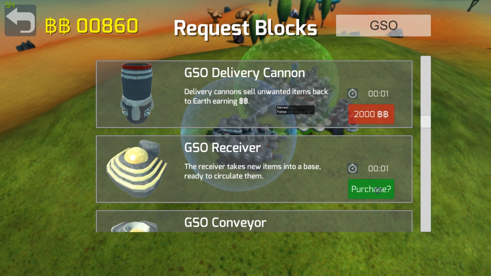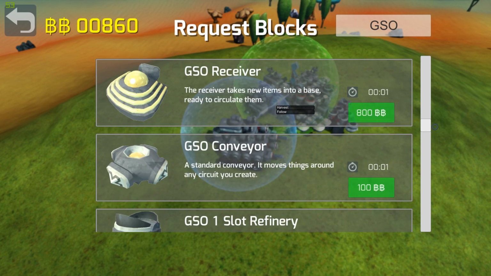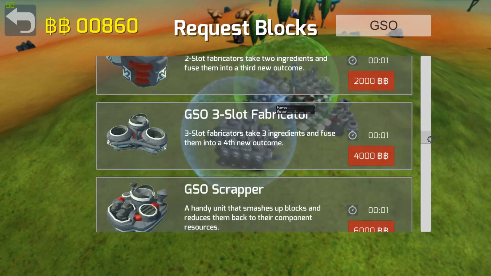So there's a red value and there's a green. Oh, red. Oh, okay. So green value. Oh, okay. So green I can afford, red I can't. Okay, pretty straightforward. Learning as I go here. So yeah, we can pretty much build everything right up to...